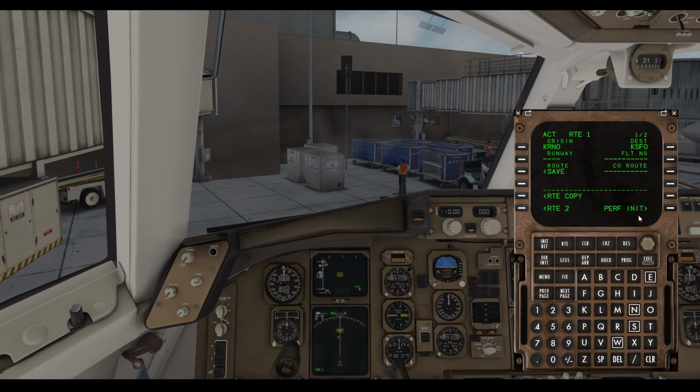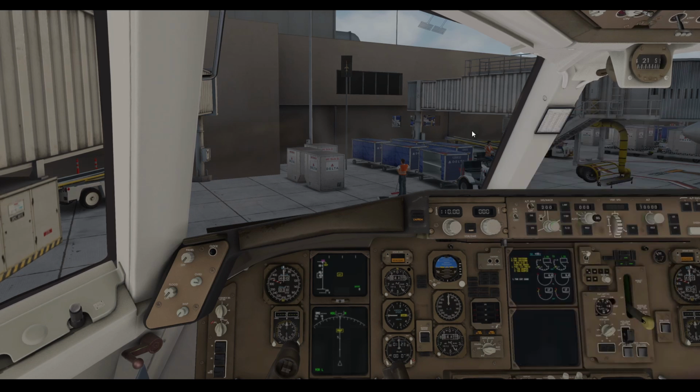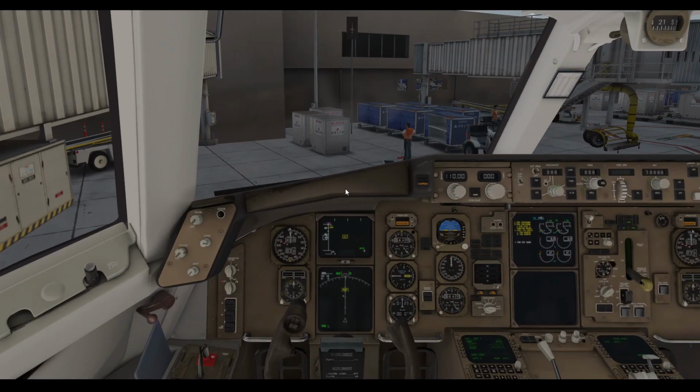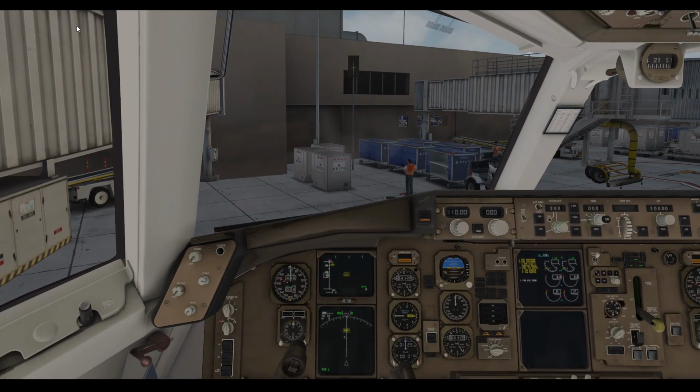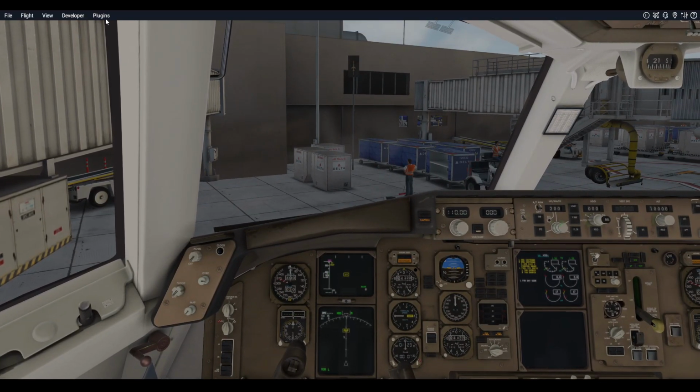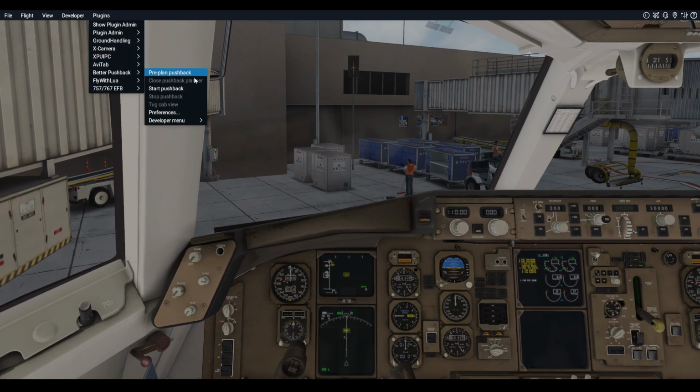We could go right into our perf initialization, but first I like to have the route loaded. So let's go ahead, before we do that, we'll close the FMC for just a second. The plane's done loading, so we can do a couple things here that we can wait for while we're filling out the FMC. So we'll go to our plugins, we'll go to our Better Pushback plugin, we'll pre-plan our pushback